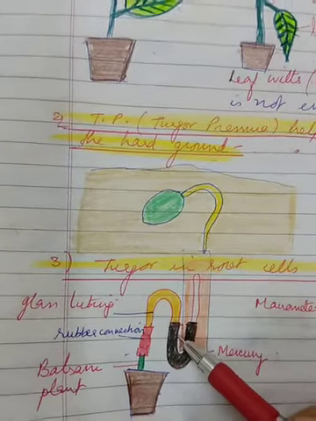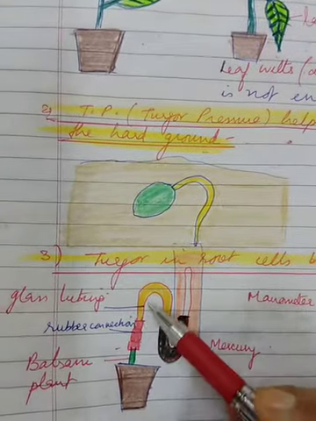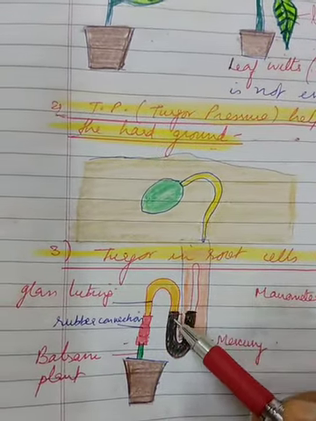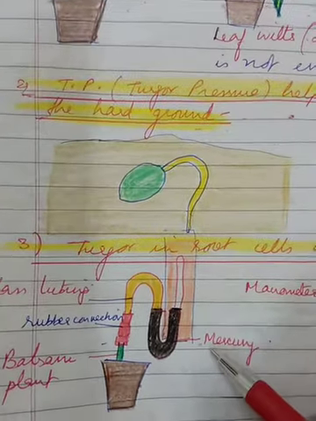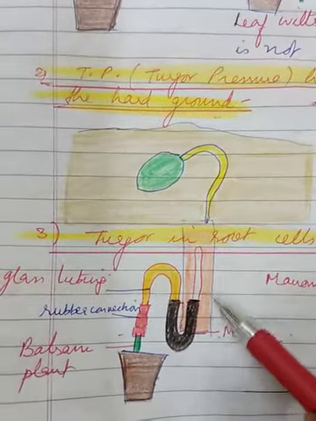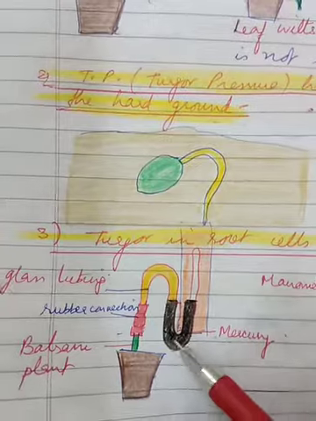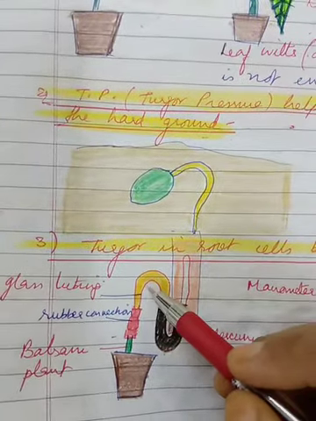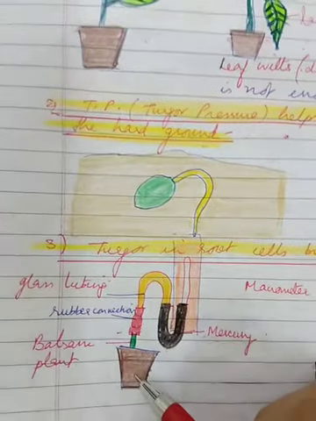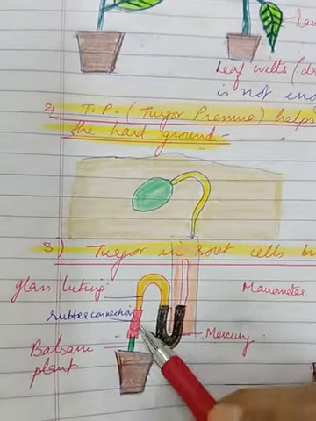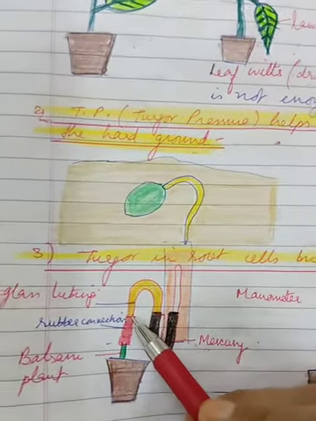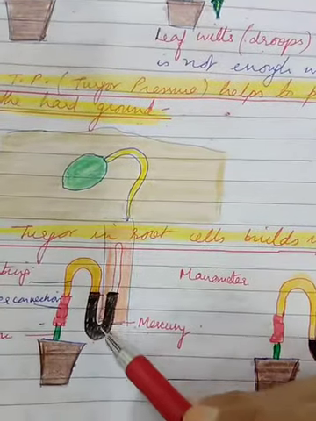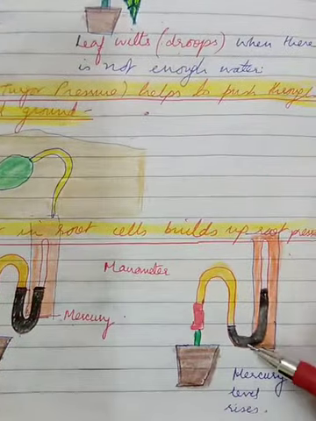So this water can shift the mercury in a manometer. See, in the beginning, the position of mercury in the two arms is equal. But this upward flow of water creates a heavy pressure which is due to the roots, right? So that is the root pressure which is pushing the water column up, and later on, look at the position of the mercury arm, it is shifted.